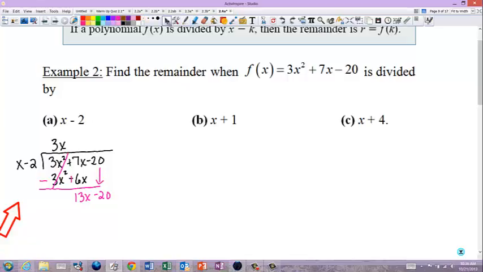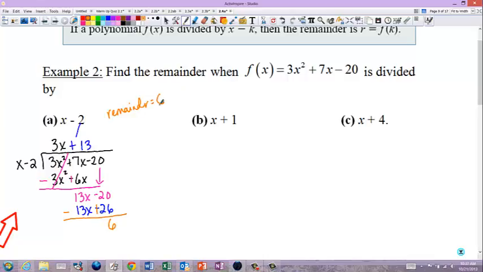What do you multiply by x to give you 13x? Well, how about plus 13? 13 times x is 13x. 13 times negative 2 is negative 26. I don't just subtract the first one, I subtract both of them. So that's going to give me 6. So my remainder